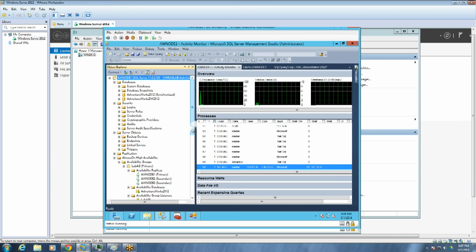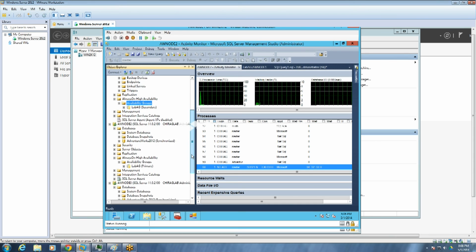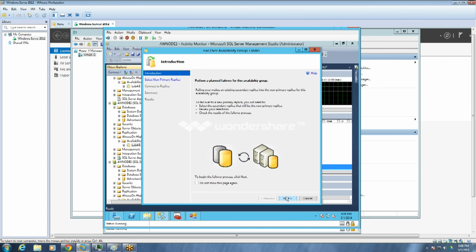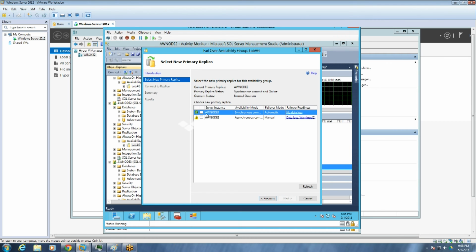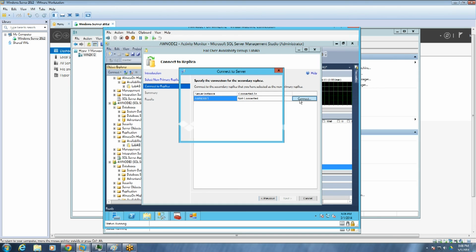And if you want to fail over again, like if I go in there, refresh this one, expand this one, secondary. Now if you want to do failover, see how we do the failover again. Do the failover. Next, to node 1, which is our earlier one, connect it out.